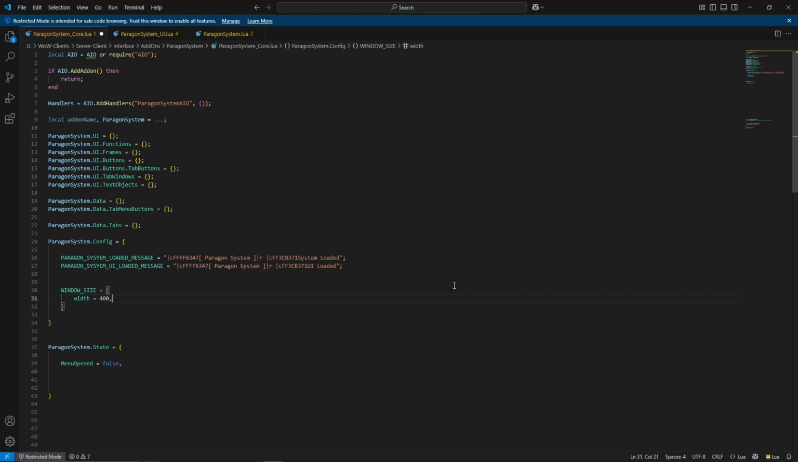400, and comma, and then height. If I could spell, that would help. Or is it? Yeah, it's correct. It looks good. 500. Now we got the window size. Next, we want to do like